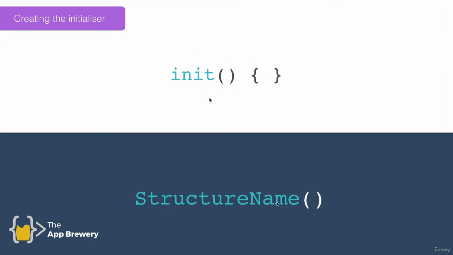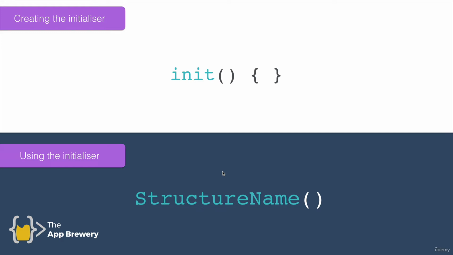So how does the initializer get used? Well, the initializer gets triggered when we create our object from our blueprint. But why do we have initializers in the first place? What's the purpose of the initializer?